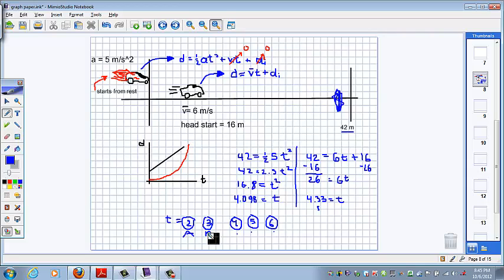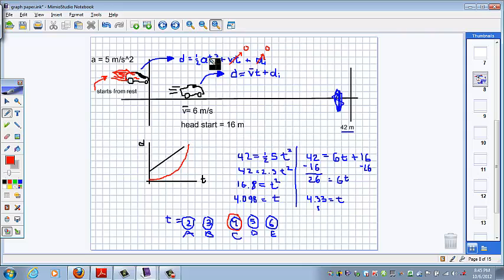So let's take a moment, think about that. A, B, C, D, E, and hopefully you chose time equals 4. Since if we put a 4 into this equation,